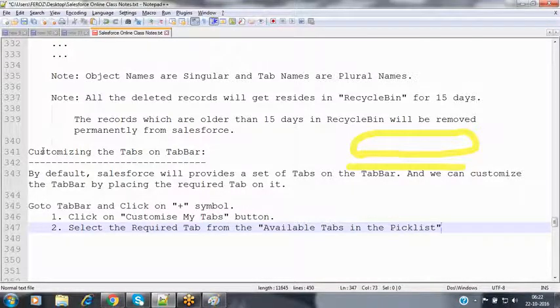Salesforce is providing two pick lists to you, nothing but two list boxes. In the first list box, it is providing all the tabs which are available inside your Salesforce organization.